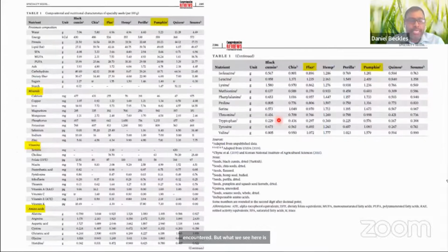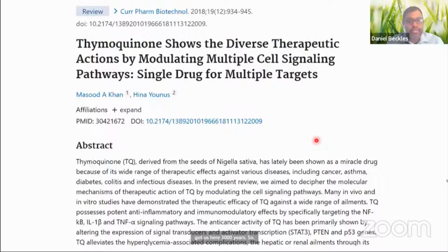But what we see here is that each of those seeds that I just showed you that were highlighted, and that is in most of Rain products, has all its content: minerals, vitamins, and most importantly, all the essential amino acids, which again is what makes it comprehensive. And that's just the tip of the iceberg of what natural compounds and chemicals are found, that's got us here 3,000 years. So Thymoquinone is one of the major